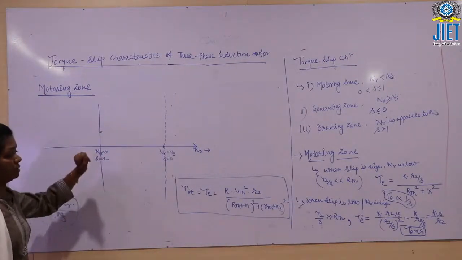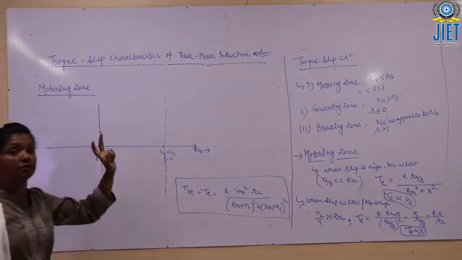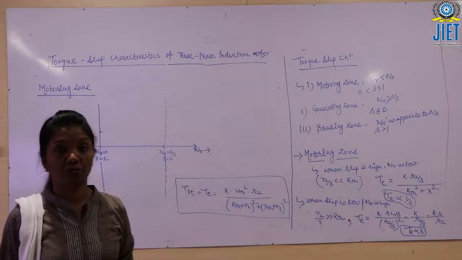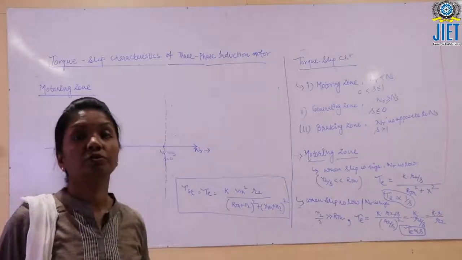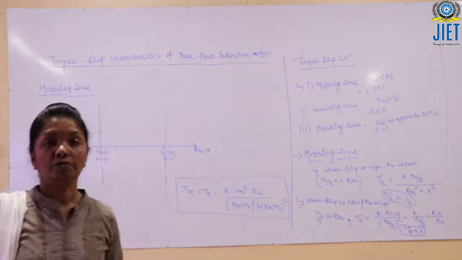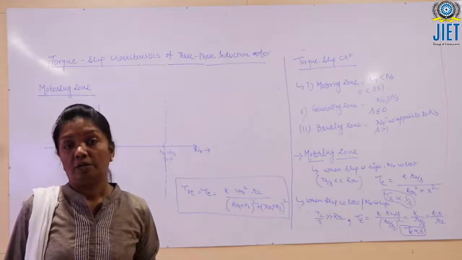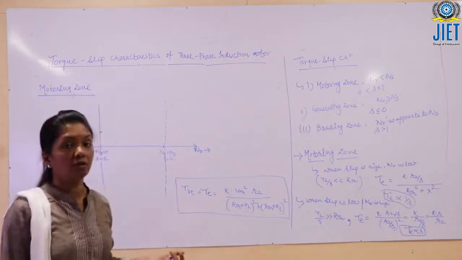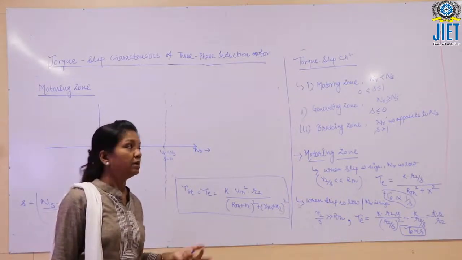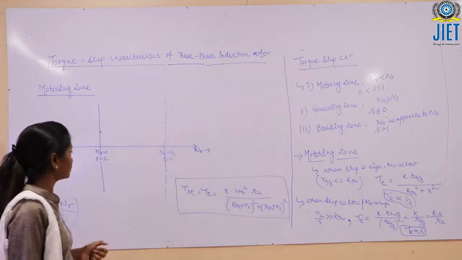And this starting torque is non-zero, it is there. So starting torque of this three-phase induction motor is not zero. So when starting torque is non-zero, that means the motor is inherently self-starting. Of course, when the motor is having certain starting torque, it is inherently self-starting, and we all know this term, that the three-phase induction motor is inherently self-starting motor.